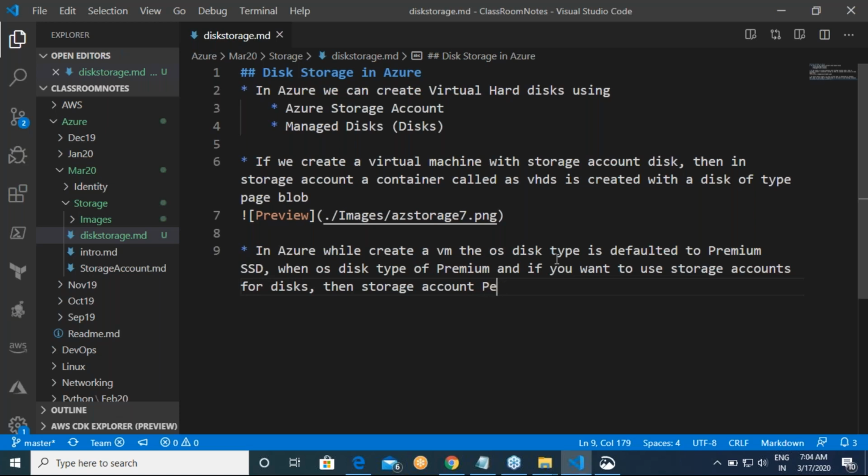Performance also has to be premium. Okay. If you select standard, then you will have a standard option. Am I clear on this now? Right.